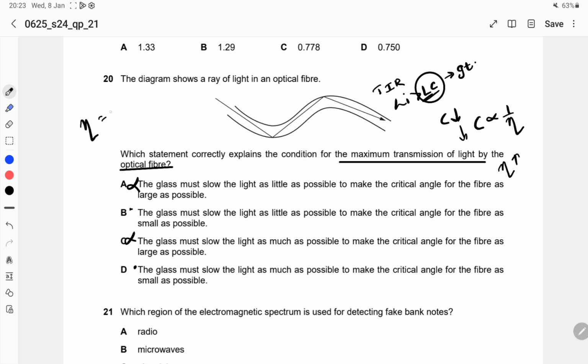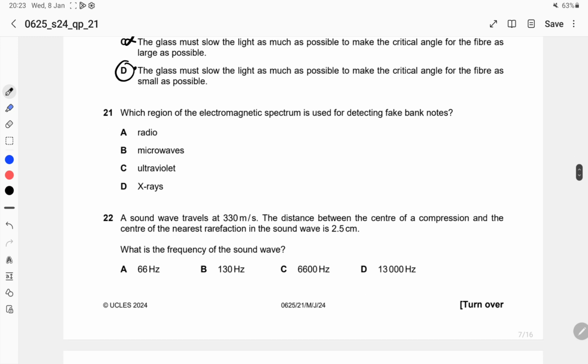And your refractive index is speed of light in air upon speed of light in medium. So if your refractive index is larger, your speed in medium has to be smaller. So the correct answer is Delhi. That is why I told you this is a very good question. Whenever you have questions like this, I want you all to write the formulas. Only and only then you will be able to solve such questions.